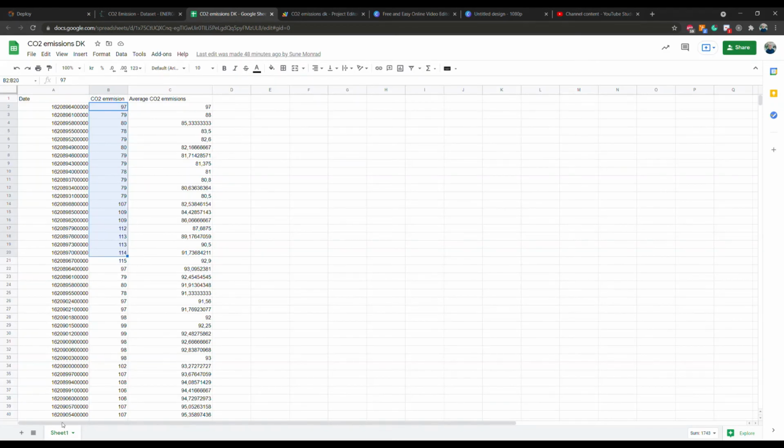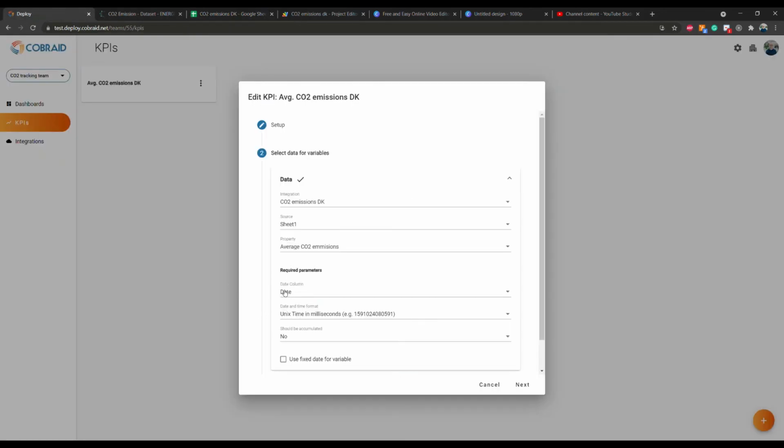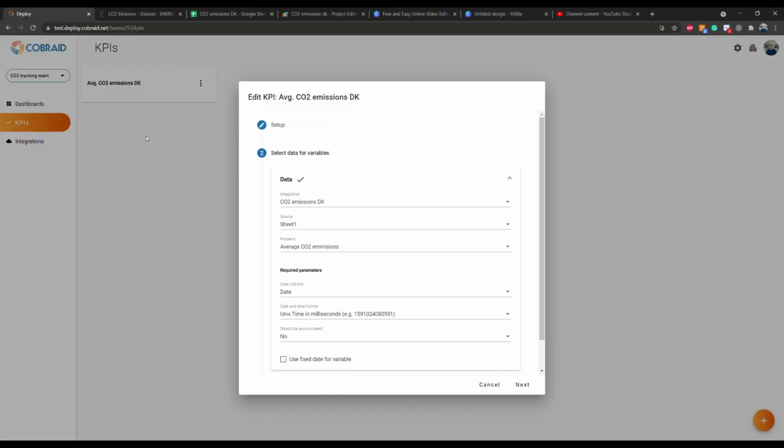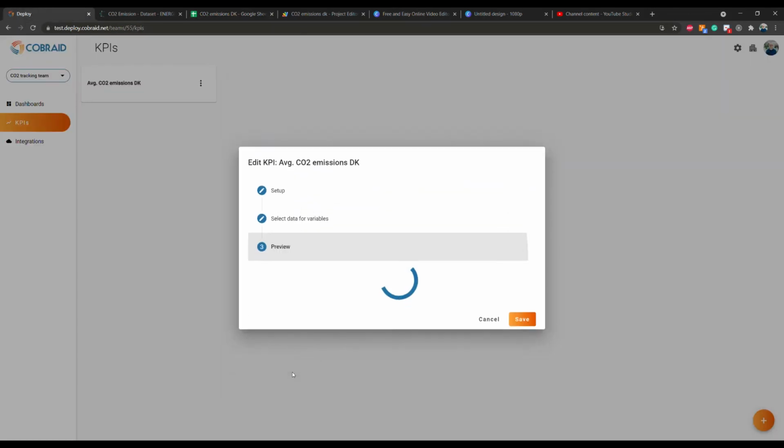So that is sheet 1 and then average CO2 emissions in column C. Now I need to tell Deploy where it will get the dates, and that is the column called date. And as I said, we've used this Unix time milliseconds. So that's what we're telling it, and we will not accumulate it because it is already aggregated data.